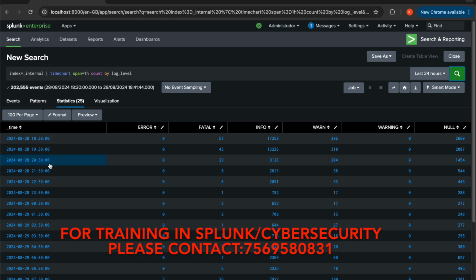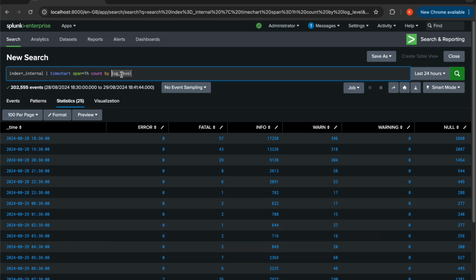But what is the difference between the timechart and the bin command? In the timechart command you will have the counts of the events for each value of the field you are using. And of course you know very well that we can always use only one field in the timechart command. The other field will be _time only. In the timechart command you need not specify _time, because by default it will be taken, and you can always use only